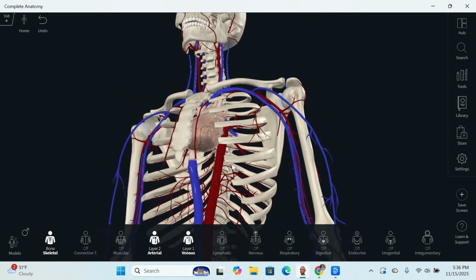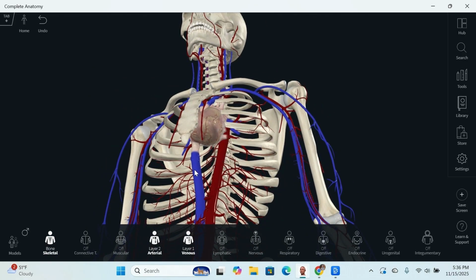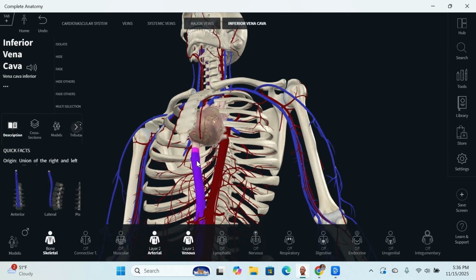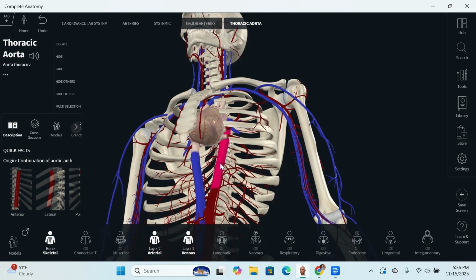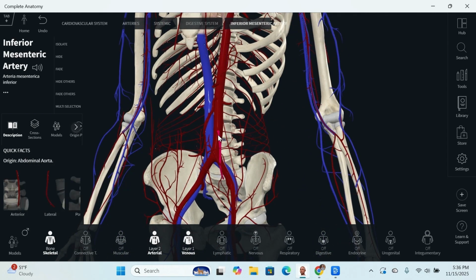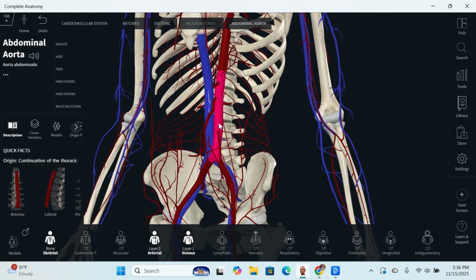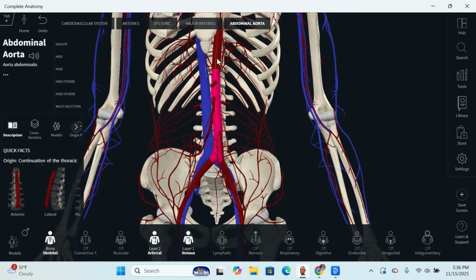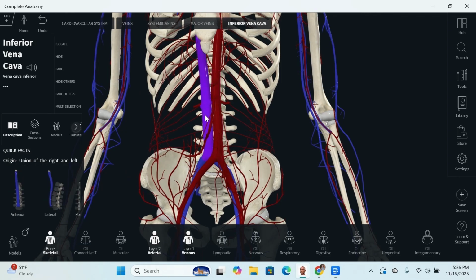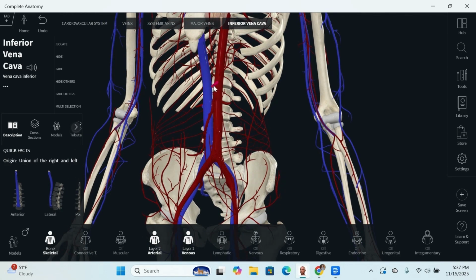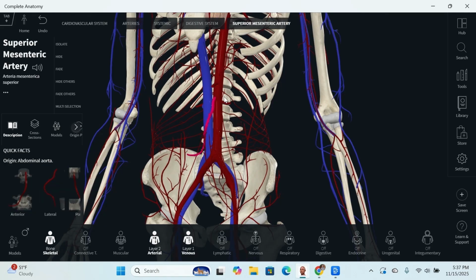And then descending, we have the descending aorta, and of course we have the inferior vena cava. So descending aorta, the thoracic aorta, but it's the descending one. So we got the thoracic one, and in here we got the mesenteric artery. Oh, there we go, abdominal and thoracic aortas. So abdominal means the abdomen, thoracic means in the chest, and then still inferior vena cava going all the way down. But as we have all these different little divides that go into the digestive system, such as the celiac trunk, the mesenteric artery,